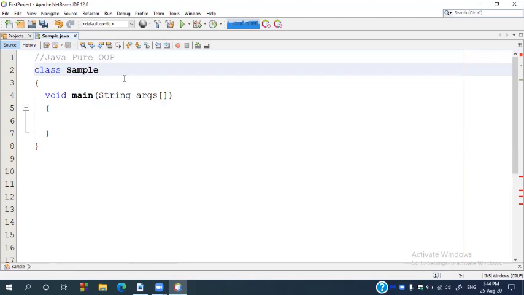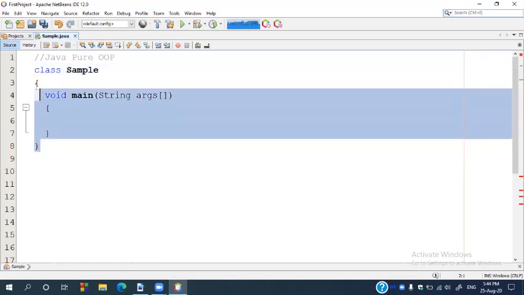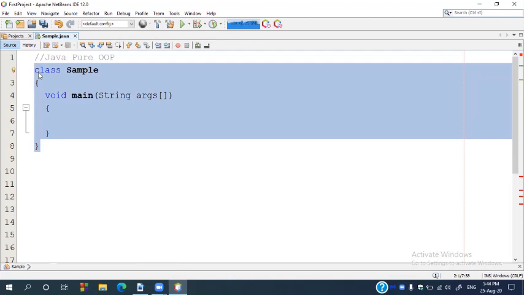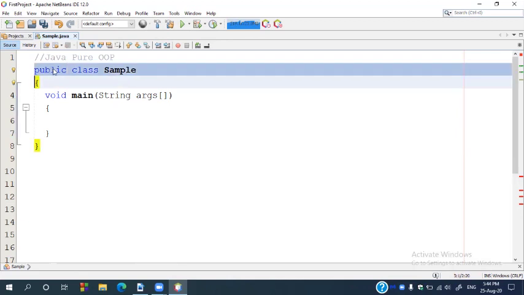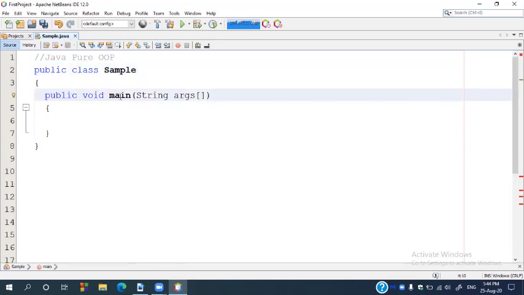To make this class accessible to the JVM, which is outside this project, you have to make it a public class. Otherwise, the JVM is not able to access this class. If you are not making it public, this class cannot be accessed in another package. In the same way, as you are going to call this main method from the JVM, it should be accessible to the JVM also, so it should be made public.